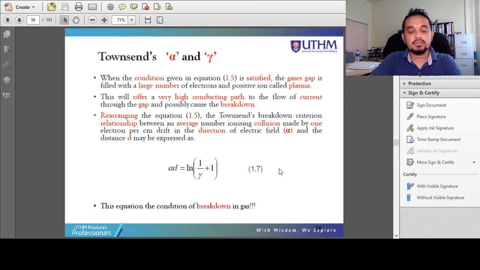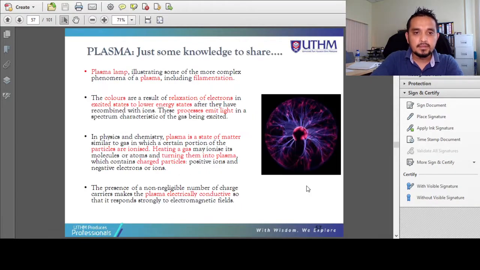So we don't need to worry about the derivation, but what is most important here is that we know how to use and utilize the formula. As for plasma, some extra knowledge you can read by yourself. You can Google or YouTube for more information about plasma. But in short, it is about